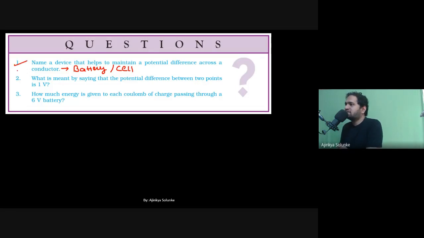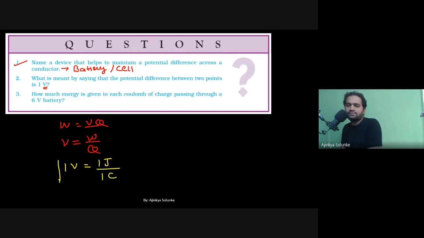First question is done, and please write down the answers in your textbook itself. Okay, what is meant by saying that potential difference between the 2 points is 1 volt? What do we mean that the potential difference is 1 volt? So for such kind of questions, what you have to do is write down the formula, right? What is the formula for potential difference? Vada Vignari Queen. So that means V is equal to W by Q. Okay, now you do one thing. In place of V, you write down 1 volt. In place of work, I have to write down 1 joule, right? And in place of Q, I have to write down 1 coulomb.